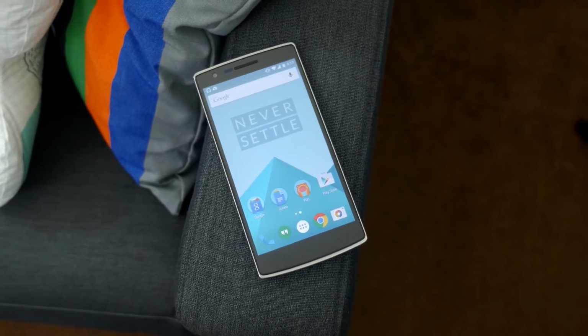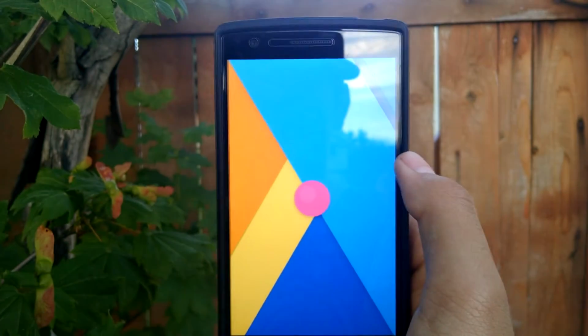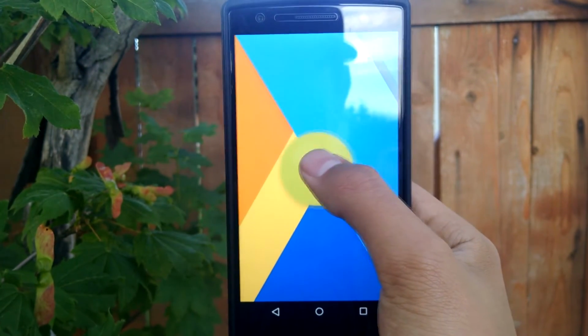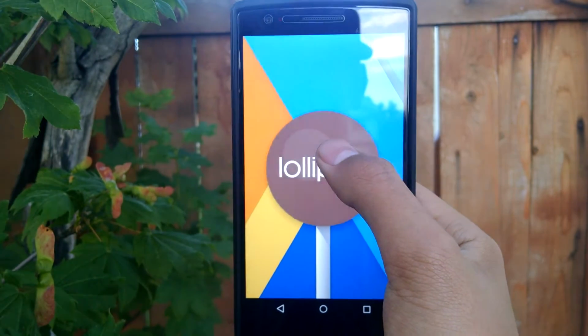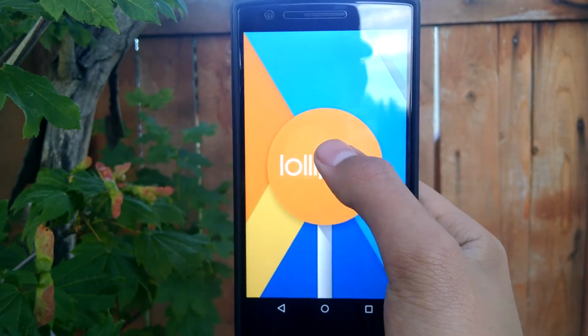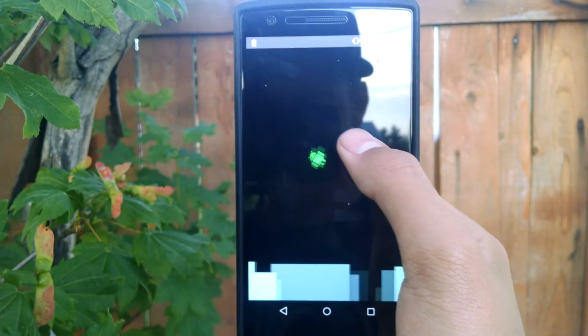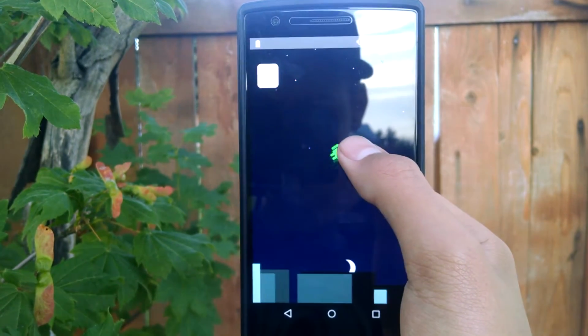Well, let's find out. From a performance standpoint, no matter which ROM you go with, performance will still be exactly the same, nice and buttery and smooth, which is nice. But where the real differences lie is in the features that each software has, and it all starts with the